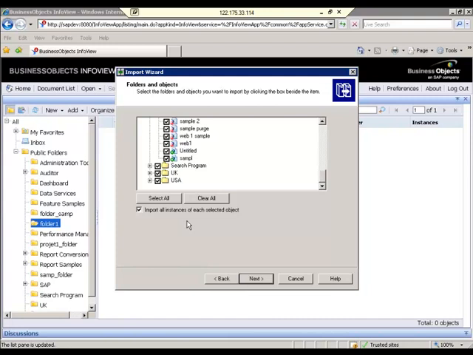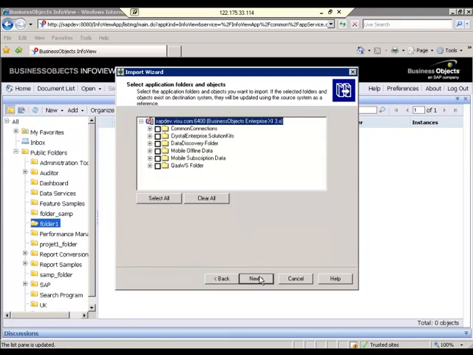If you select import all instances of each selected object, then instances from OFRS also will be moved. Reports will be in public folders, but the scheduled instances will be in OFRS. If you want to move those scheduled instances, you need to select this.